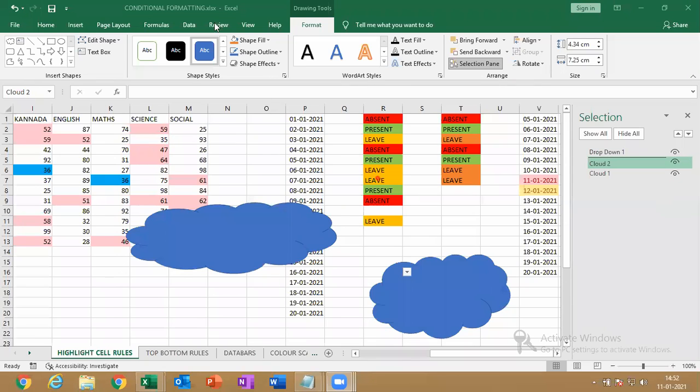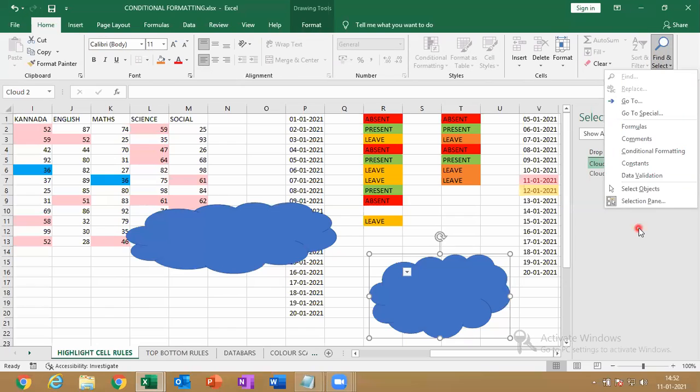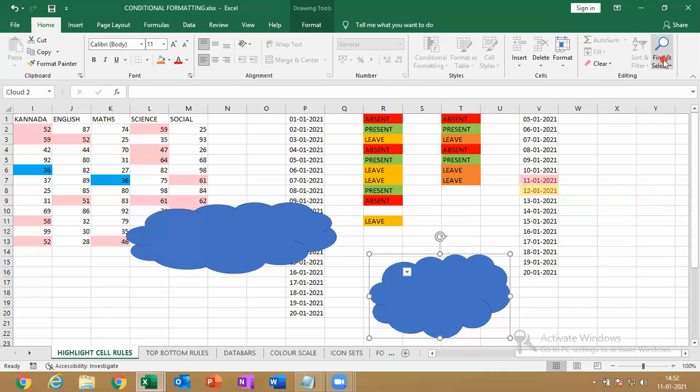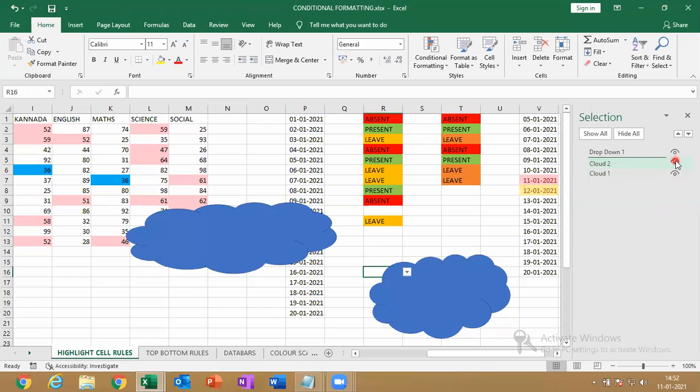After that, go to the Home tab, click on Find and Select, and enable the last option, Selection Pane. You'll get a pane. So here Cloud 2, hide, unhide, Cloud 1, hide, unhide, drop-down list, this one, the arrow mark, hide, unhide.